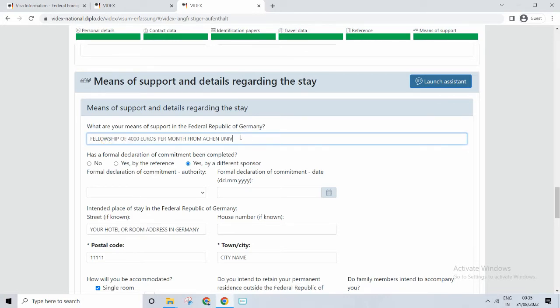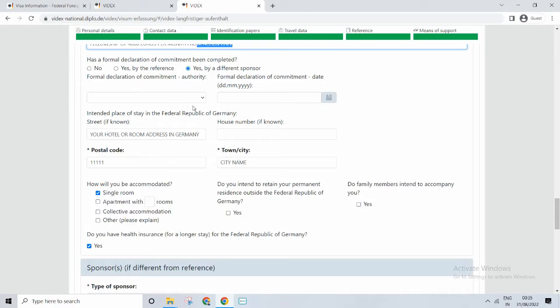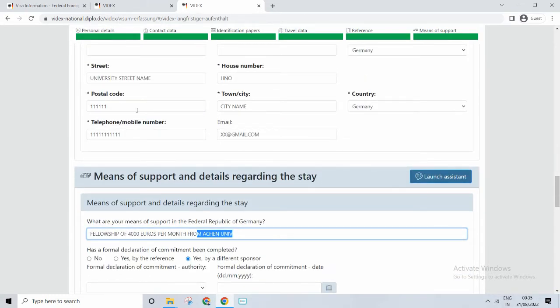If you are getting a fellowship from the Indian government, then you can write the fellowship company here. You can change it here. And if basically a formal declaration of commitment has been completed, if other than this university you have some other,